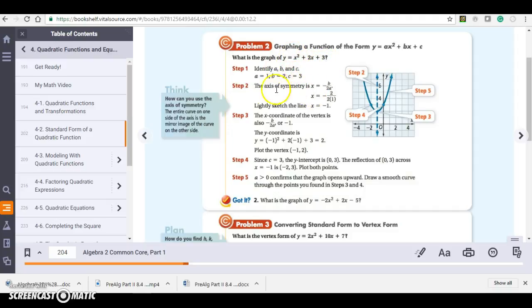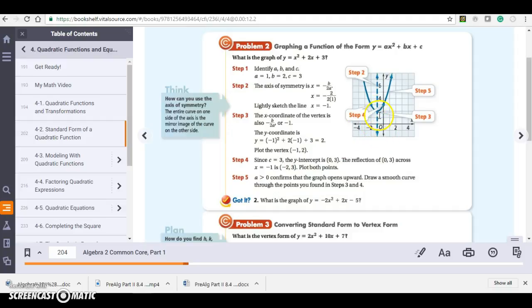And so if I find the axis of symmetry, I'm going to say x equals negative b over 2a. So b is 2, a is 1. I plug that in, I get x equals negative 1. Now that I have x equals negative 1, I can plug this back into my original equation and find out what my y value is. And I get 2. So negative 1, 2 is my vertex,